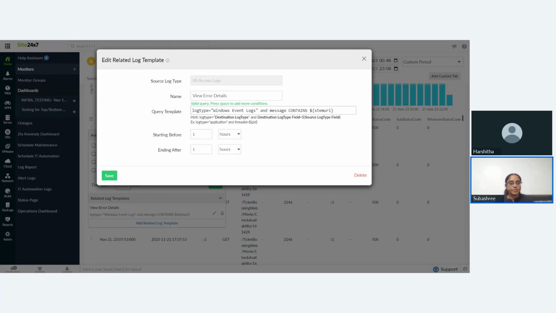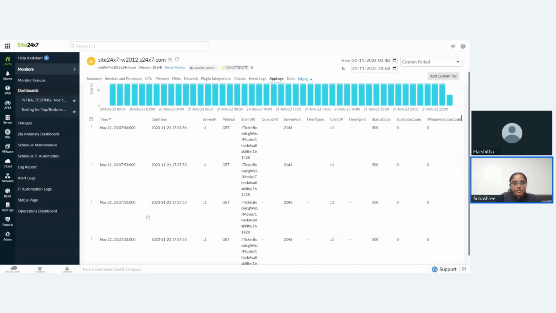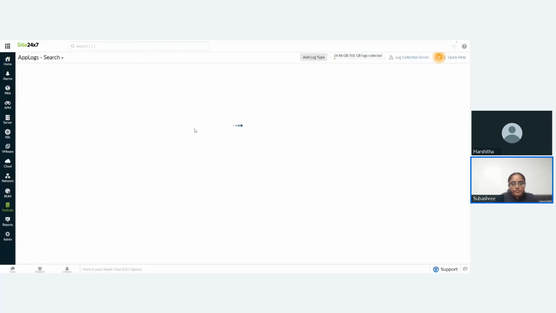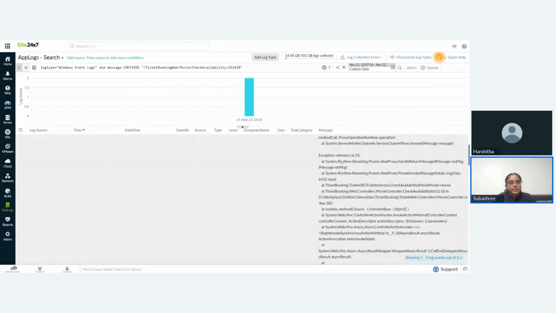one log type. Here, for example, it is IAS access logs with another log type, Windows event logs, by creating a template. Actually, you can use the Windows event logs to see the actual exception trees. I have already created a template, so I'm just clicking this here. So it correlates IAS access logs with the Windows event logs. So you can see the exact error details here, associated with a 500 status code. So by following these steps, you can use IAS access logs as a valuable resource to diagnose and resolve HTTP